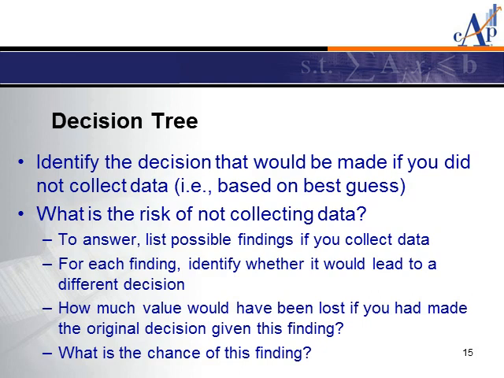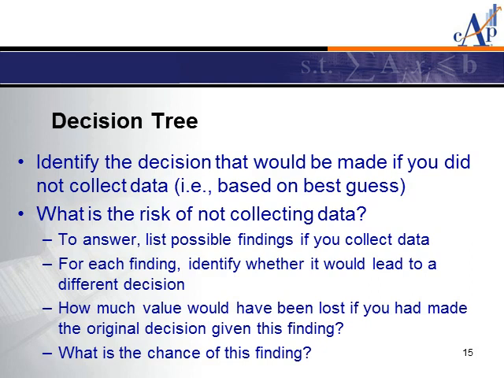Now consider each of these findings. The finding was that the data says things are worse than expected. Would it lead you to a different decision? And if so, how much better off would your client be, assuming this worst case, if they made this different decision versus what they would have otherwise? Likewise, another possible finding is that things are as you expected. And the third finding is that things are a lot better than you expected. Again, would you make a different decision? And what would be the value of making this different decision if you had that positive outcome?